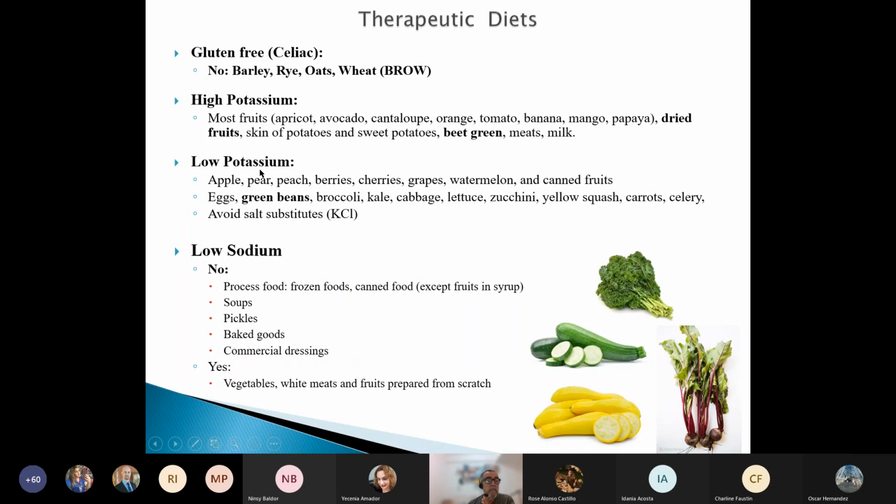Low potassium is more sophisticated. So those fruits that I mentioned before, or the tropical fruits that you know that could be low in potassium, is watermelon. Generally, the vegetables and fruits that are very watery are low in potassium. It's interesting to know that most of the canned fruits, those fruits that come in syrup, are low in sodium and low in potassium. It's a detail that I see in English questions, that canned fruits, peaches in syrup, or pears in syrup, etc., are low potassium and low sodium.